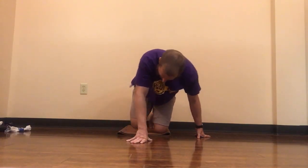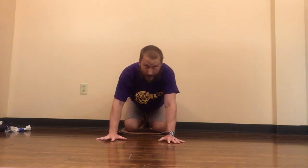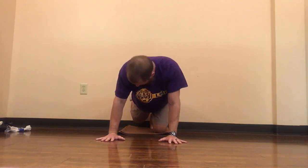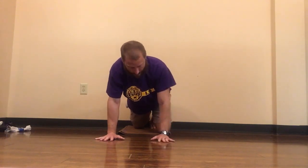First level we're going to go with is getting the feet back to the wall, hands and knees. From here, we're going to push one knee back toward the wall. That one knee is back toward the wall. The foot goes up the wall, pointing the toes straight up. Now, if I'm getting enough stretch right here, I may bring my other knee forward a little bit and then